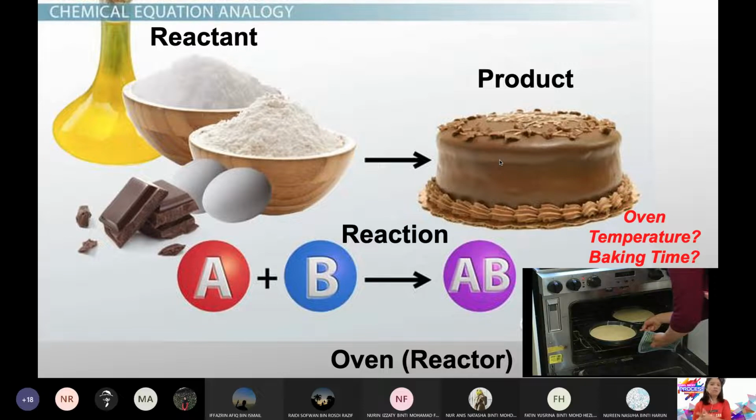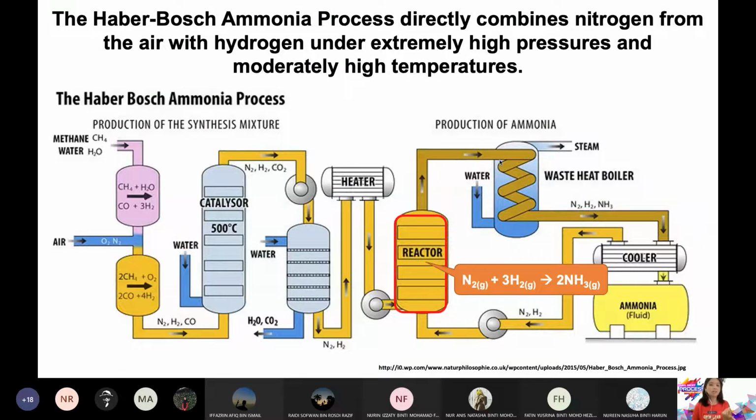So you must always consider that as an engineer, as a technologist, when we're talking about reaction, any changes of even parameter, raw material, design reactor dah berubah. So this is a very important factor that sometimes only engineers and technologists understand. A chemist probably will not understand. So chemist akan faham tindak balas berlainan. Tapi impact dia kepada reactor design, only technologists, only engineers can be able to tell you, and how do we navigate these changes. Okay. So the oven was a very simple example lah, example domestic.